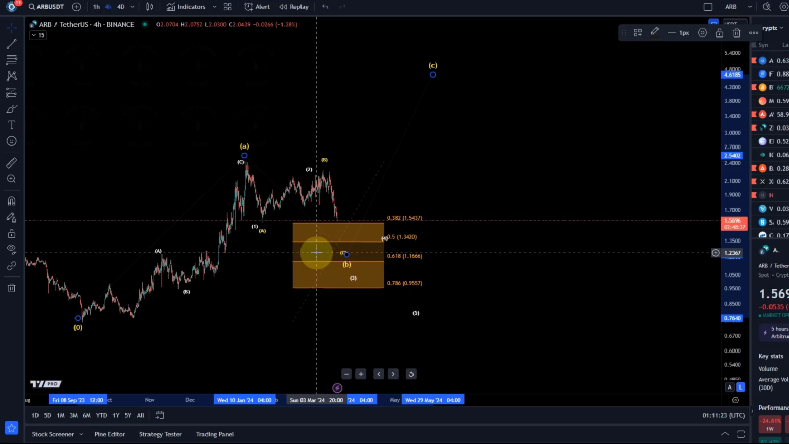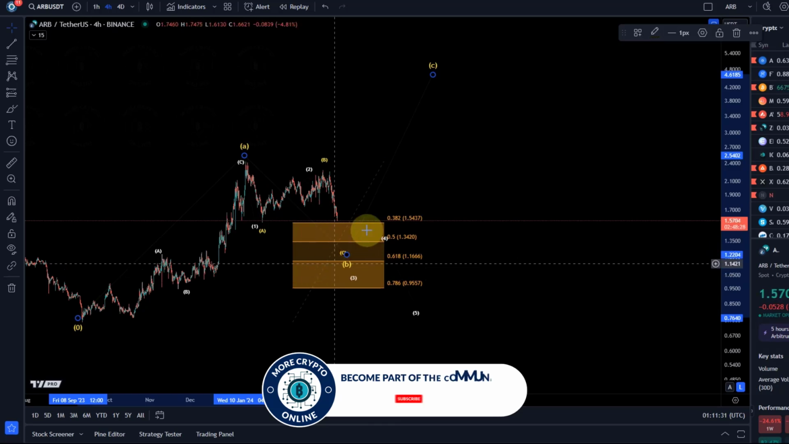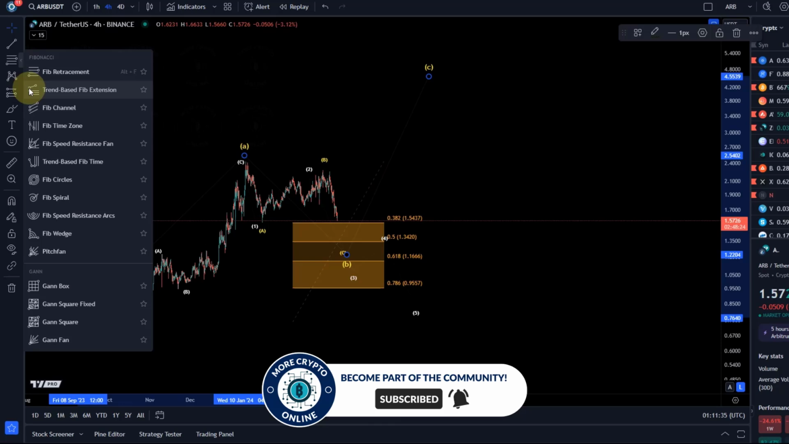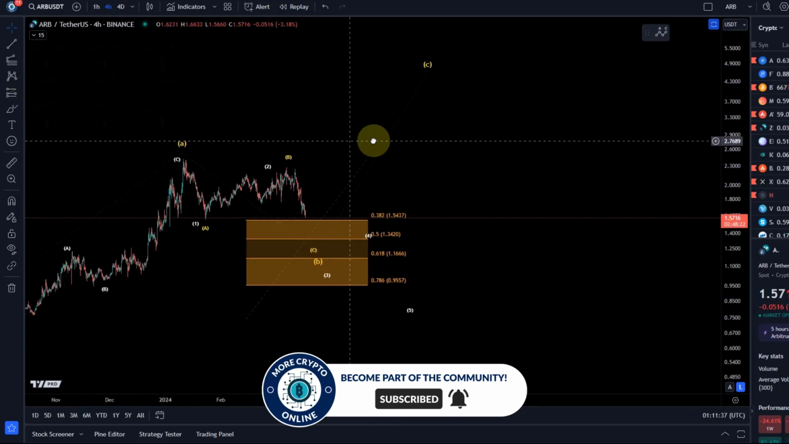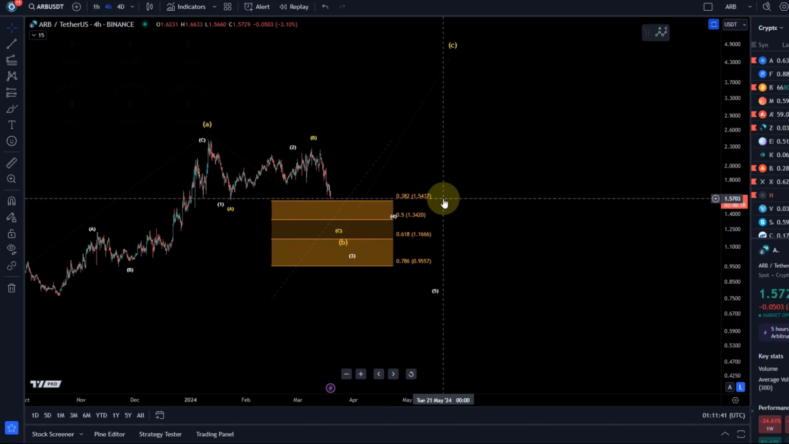I will talk about the white count in a minute. But in the yellow count, by all means, we should see the price reverse from this orange support zone. I can't really give you a very clear target for the C wave, but we can make some assumptions. So what I can see here is a standard support area for the yellow wave count, starting at $1.54, which we've nearly reached. Then we've got $1.34,